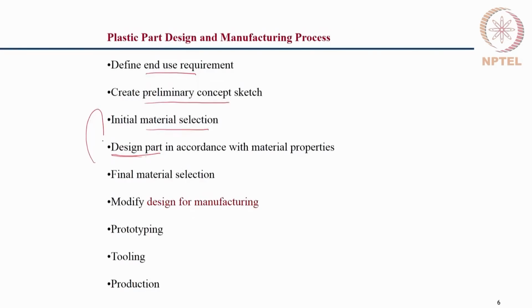So, this step itself is highly iterative in nature, and also we consider manufacturability and the cost, and this step is also iterative. We will see what the design considerations for manufacturability are for the injection molded components, and